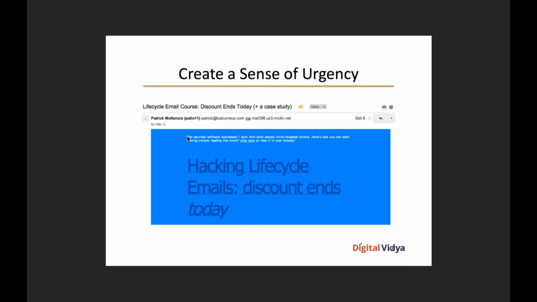The other thing is, I'm not sure how many of you have heard of Patrick McKenzie, and he has this website which has a very interesting name, calzumius.com. The story goes that he was trying to find different kinds of available domain names, and he could find nothing. And in a fit of frustration, he named his website after a dragon, which is there in Japanese mythology, which is Calzumius. He's a guy who's very similar to a Neil Patel or an Avinash Kaushik, probably not in the same league, but he has his own set of loyal audiences, and he provides a lot of consulting services.